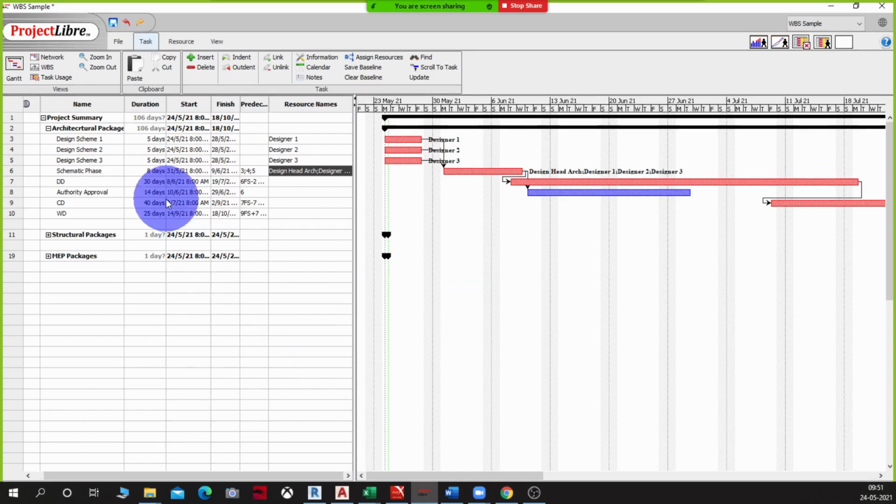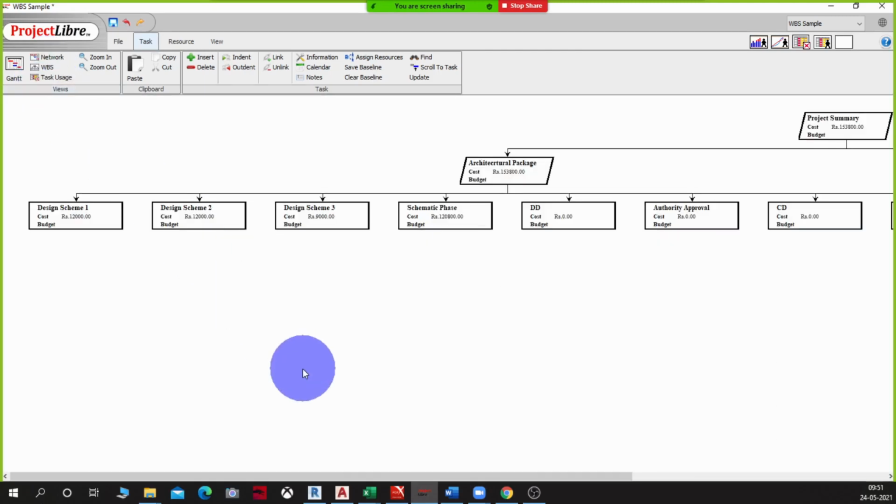So now let's look at the WBS and see what changes have occurred there. You see what's happened now? There's a cost applied to this designer based on the number of hours they were involved in the work, and there's a cost assigned to the architectural package which is coming from the head of design. Notice that the budget is still showing nil, right? There is no value being assigned to the budget as of now, and that's a problem for us because that's the first thing that we need. We need the budget first, and then we want to see how much it's actually costing us, isn't it?